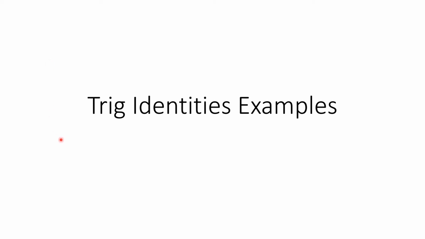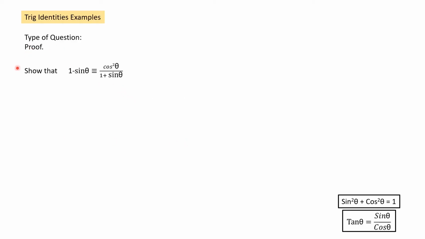Welcome back. In this video, we will see two example questions related to trigonometric identities. The first question is a proof. The question is, we have to show 1 minus sine theta is equivalent to cos square theta over 1 plus sine